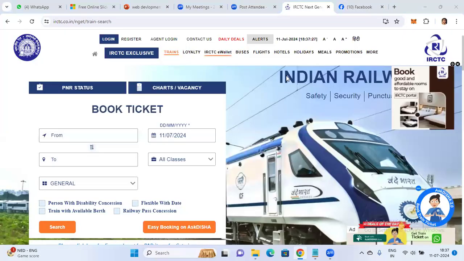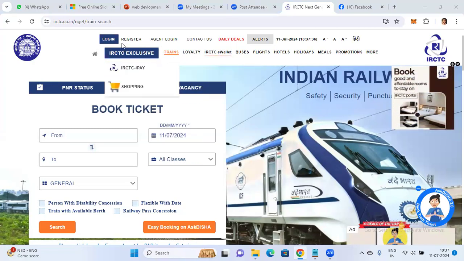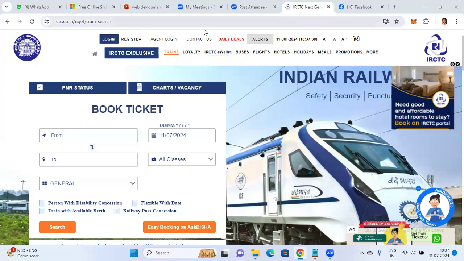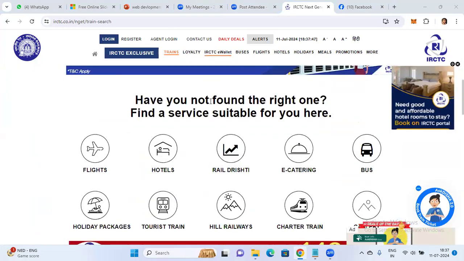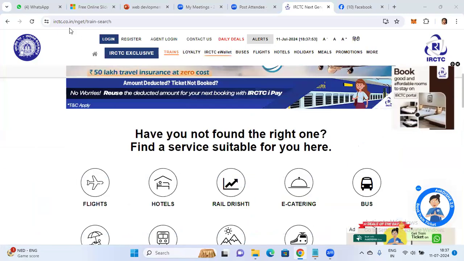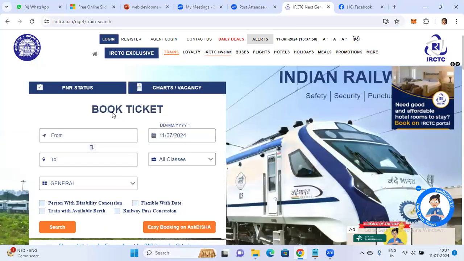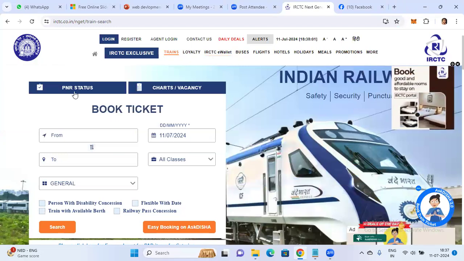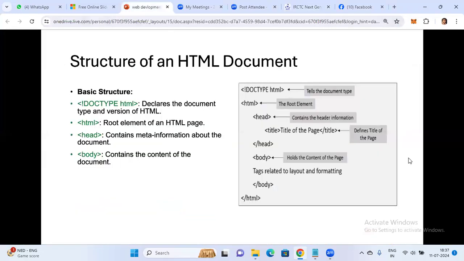Same IRCTC website I have taken. So here I can see a logo of it, right? I am saying IRCTC. So this logo and this thing, I can call it as a header tag. And inside whatever details it is having, after filling all these things, that is the body content. Okay. So in the top, whatever the name you're getting, are you able to see, that is the header tag. So that is the difference between HTML tag, header tag, body tag. Okay. So this is how we can differentiate the different layers of HTML tags.